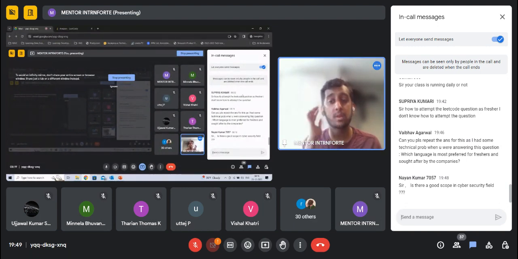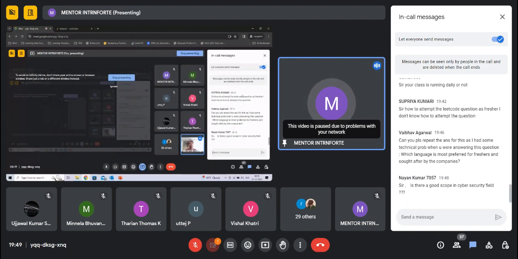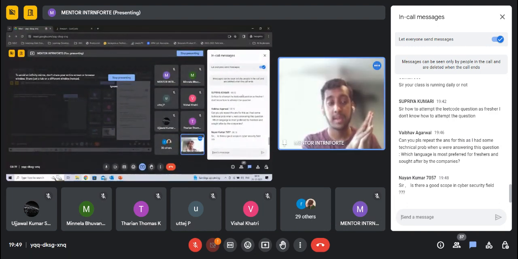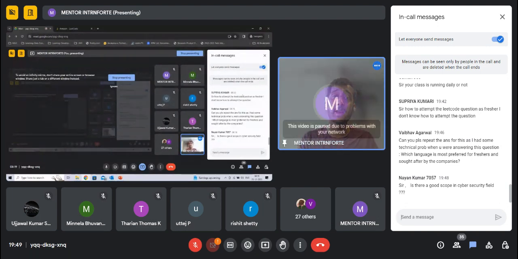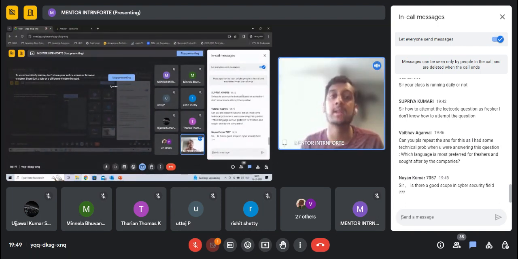Supriya, how do you attempt the question? If you're very new to LeetCode, try to spend some time solving the question. Really think hard and ask yourself, can I solve this question on my own? It may take you half an hour or an hour, and always start with easy questions if you're new to LeetCode. Spend half an hour or an hour on it, or maximum 1.5 hours. But if you still can't solve it, then look at the solution, understand it, and then come back to it after a couple of days or after a week.